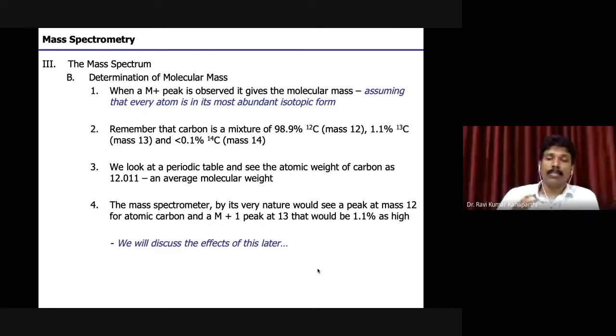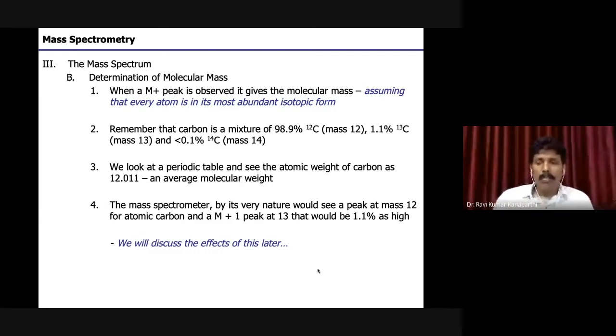Okay, and sometimes M plus 4, M plus 6 peaks also will be there. Suppose you stick to the statement that the extreme right one is the molecular ion; that might sometimes be your M+6 peak. So you can't really interpret that M+6 peak as your molecular peak. I will come to that point. Don't worry about it. I'm just saying that the extreme right peak in the spectrum can't always be the molecular weight of the compound. There is a clause on that.